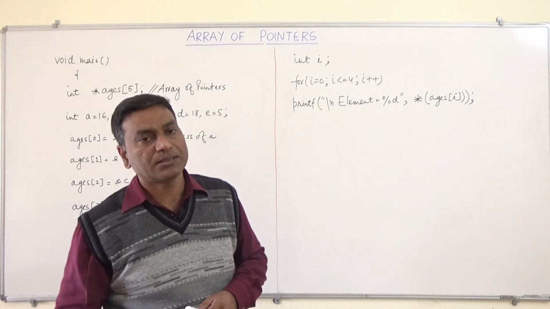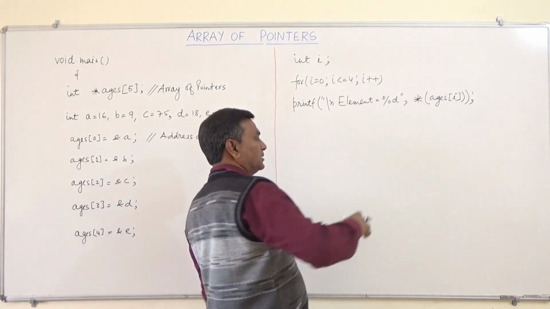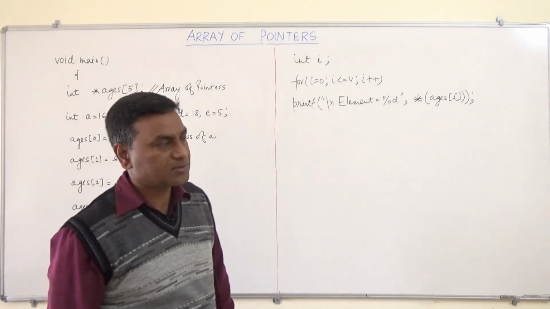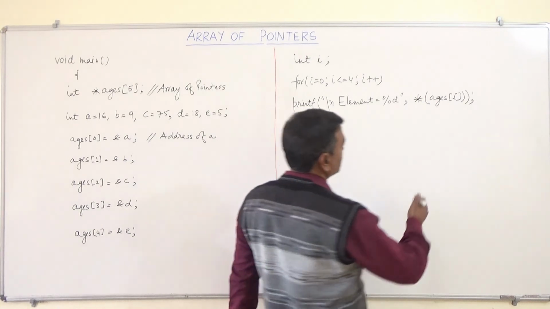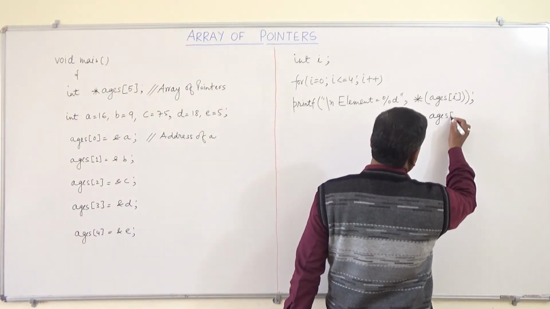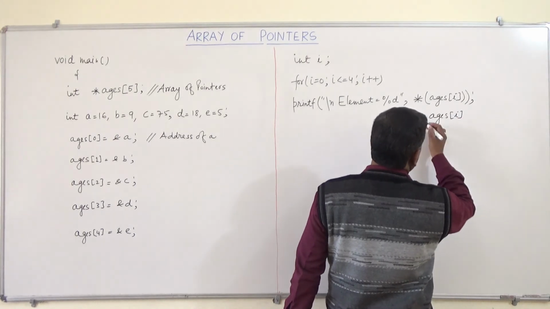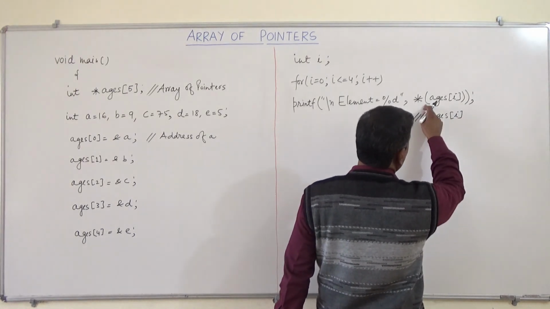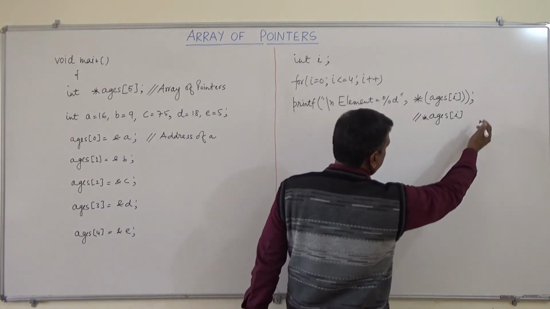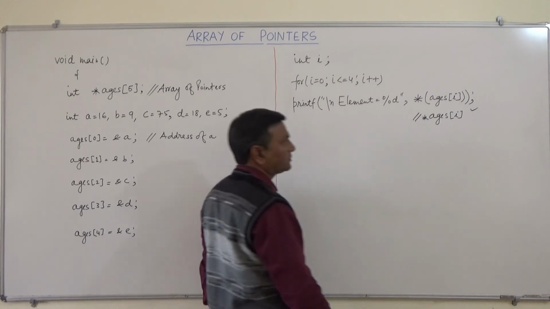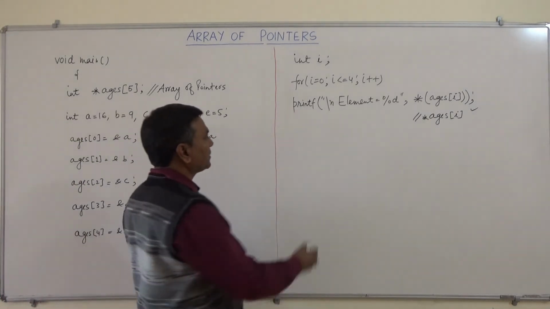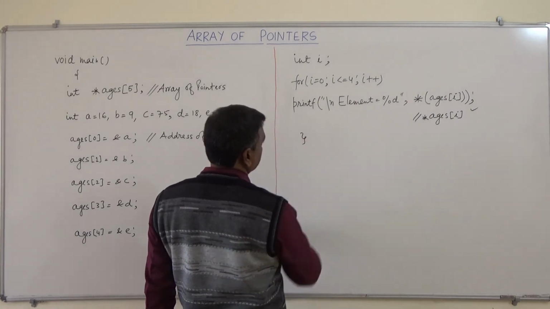One important thing that we can note here, like here we are using this asterisk because this is the value at address operator. So it can also be written like this, this will also be correct. We can remove the bracket. This bracket can be removed. This will also work. So this is also correct. We can also use this asterisk ages and then i. Now we will close this main here.